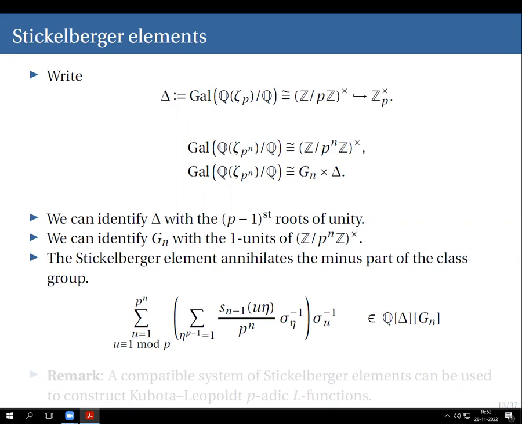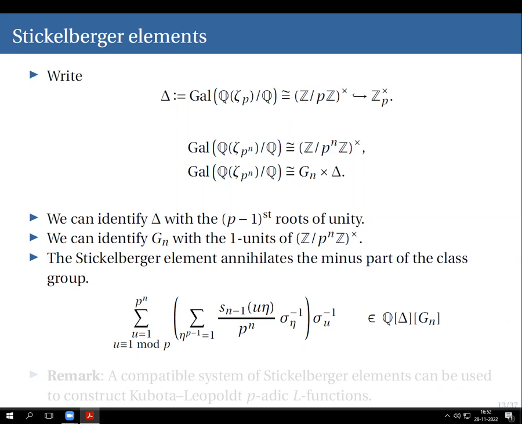So it has this very explicit form. It's a over p to the n, as a goes from 1 to p to the n, a coprime to p, times sigma a. So it's a very specific, very explicit element in this group ring. And the Stickelberger theorem is that this element annihilates a certain